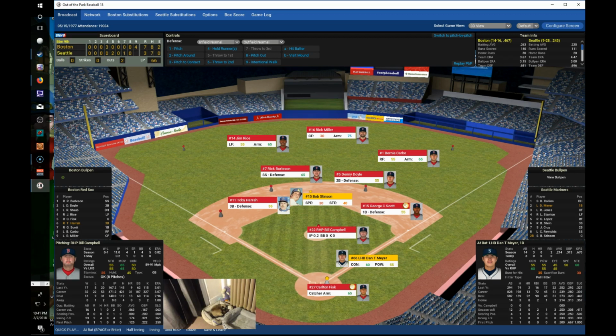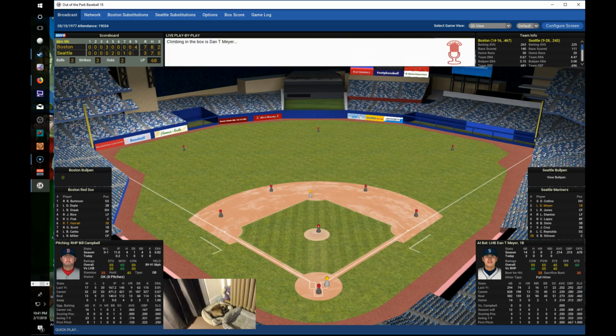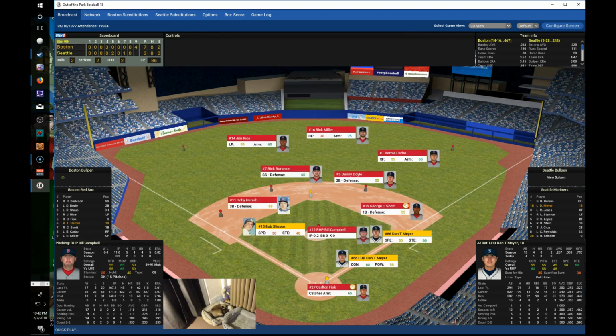So Dan Meyer, 0 for 3 on the day, comes up against Campbell, representing the last out. 2-2 pitch. And that's a... Oh, it's going to be past the dive of Scott. So it'll be runners at the corners. Actually,